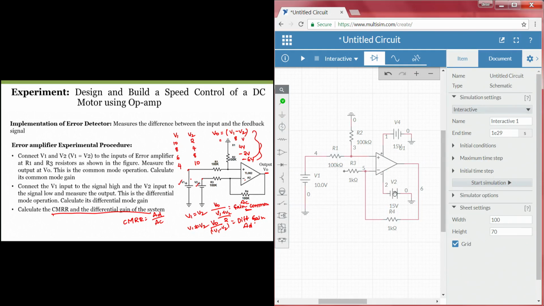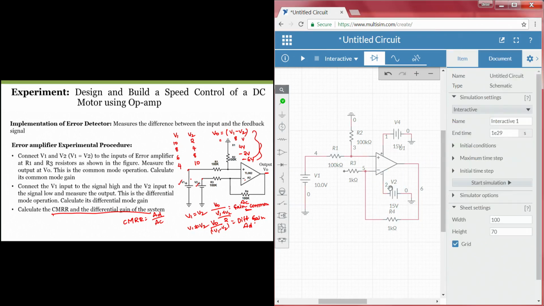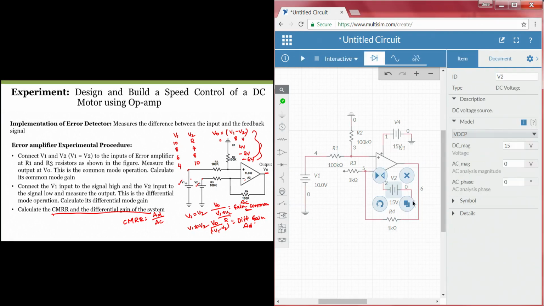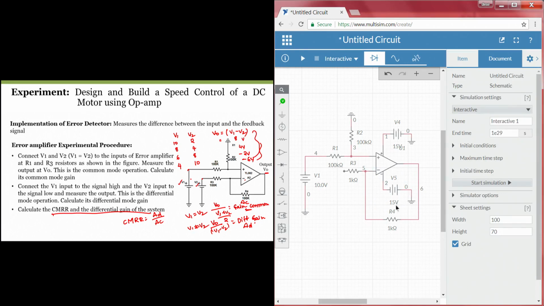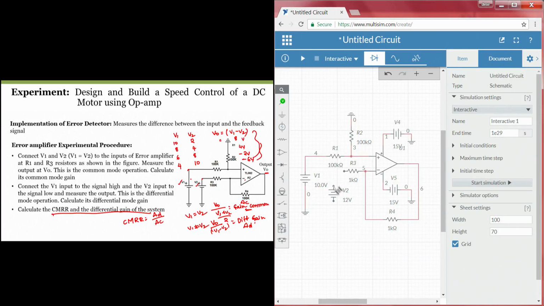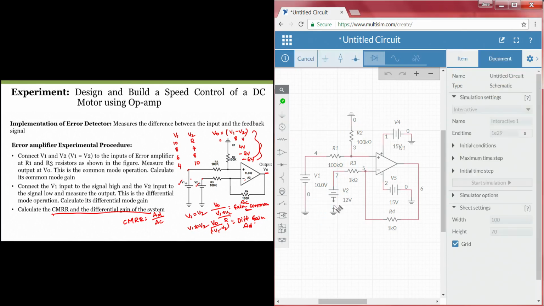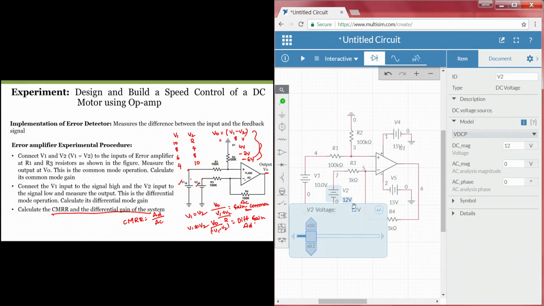Just a nomenclature change: I will name this V5, and whatever I take next will be V2. So, I will take one more voltage source, this V2 voltage source, and this part should be connected to the ground. I will start this from 2 volts.